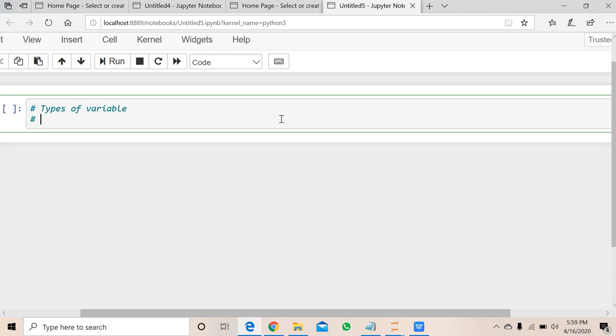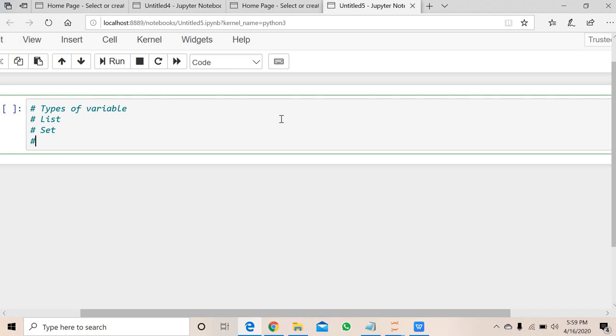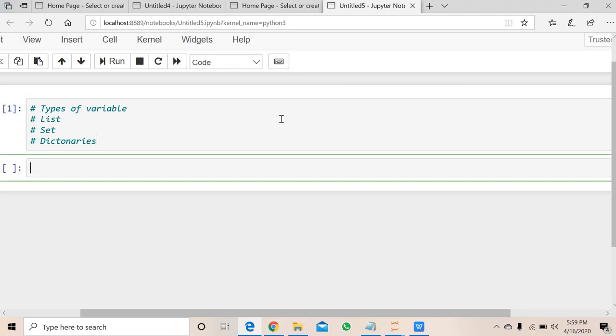Then we'll go with the list function, how it works. We'll check this one also. Then the set function, then dictionaries. So we'll start our session with the types of variable.